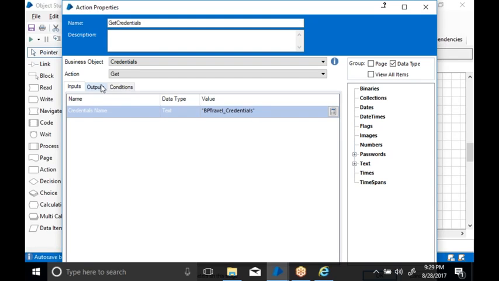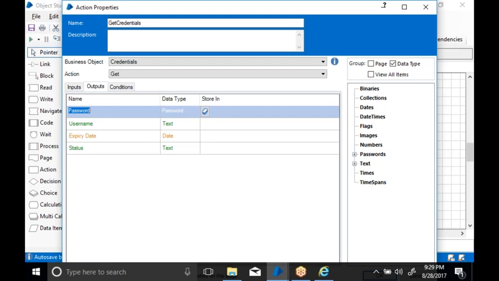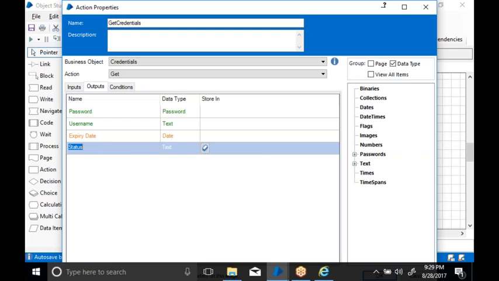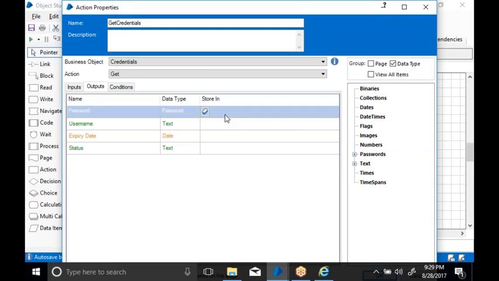as well as the expiry date and the status. Now go to the output, where you have the username, the password, the expiry date and the status. Now where can I store it? This is from the credential manager. I should have some space to store it inside my object, then I can use it in my write stage. Without storing it anywhere, I cannot use it directly in the write stage.